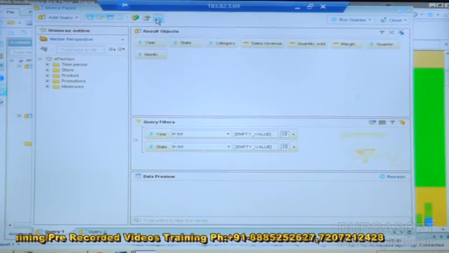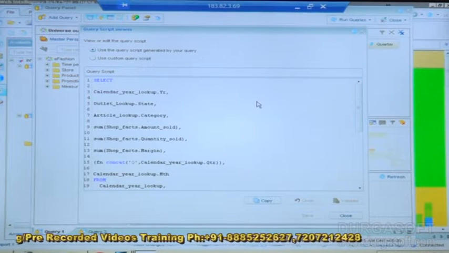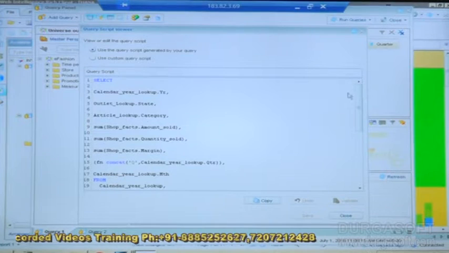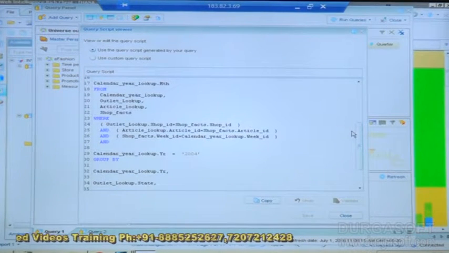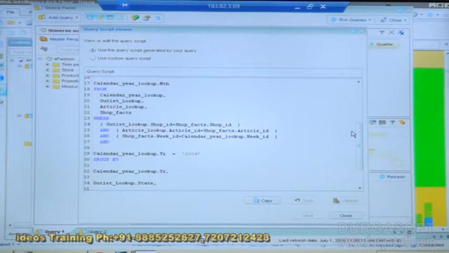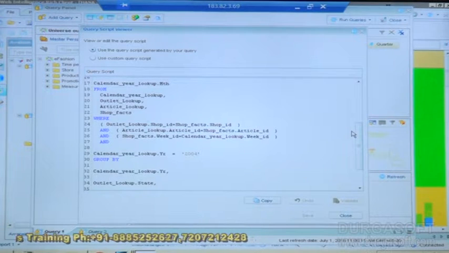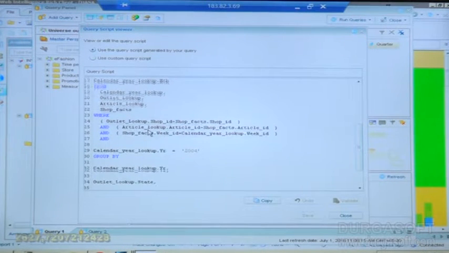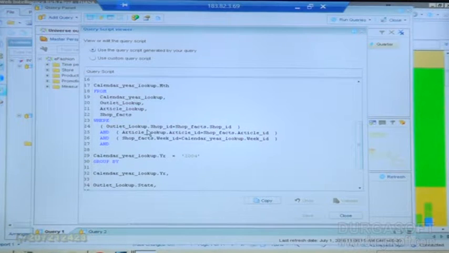Similarly, here we have view script. Basically, if you select any fields, the scripting will be generated automatically. So the sample script will be generated if you want to perform any activities on the source system. Here we get the query scripting generated by the query. It may be 1 or 2. As well as, we can use custom query symbols, which have calendar type. All of those will be generated by the system here. So it may take some time to generate all those different types of queries.